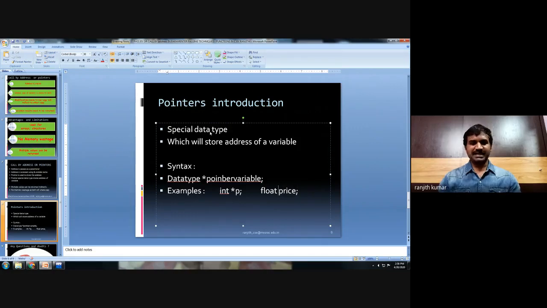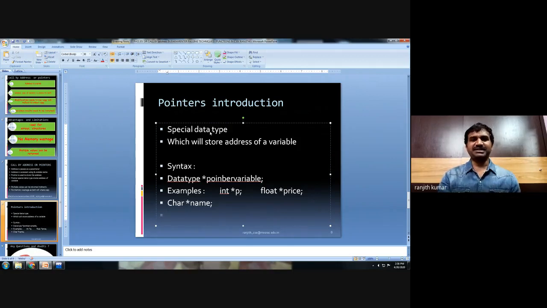The star is added before the variable in order to indicate that it is a pointer. Char star name is a pointer variable. Similarly, the declaration of the pointer is: data type, space, star, pointer variable. Then how to store the address?